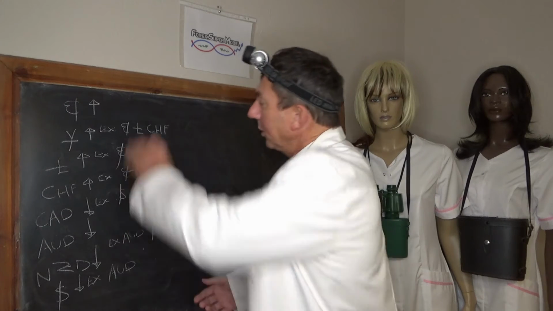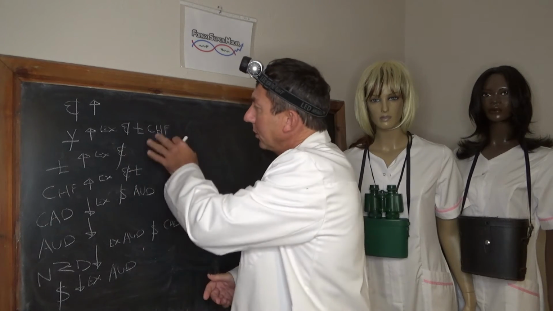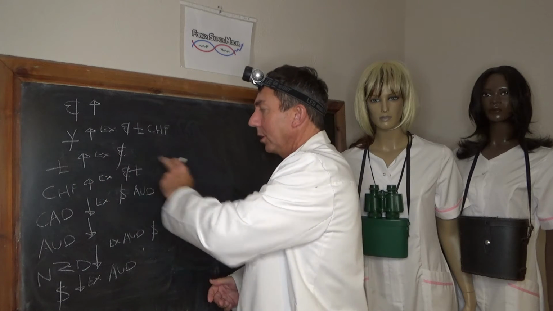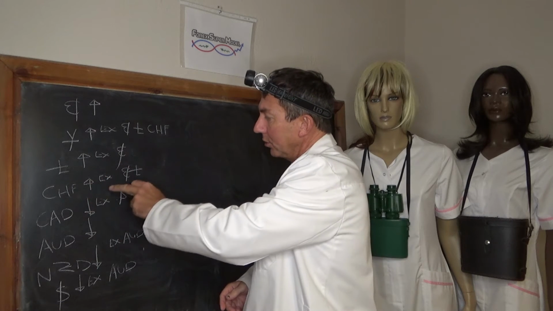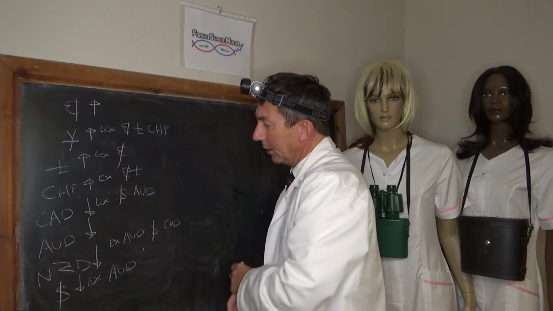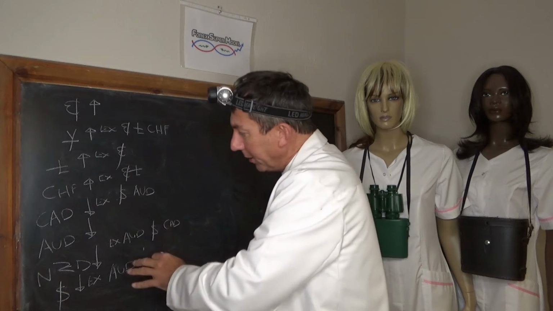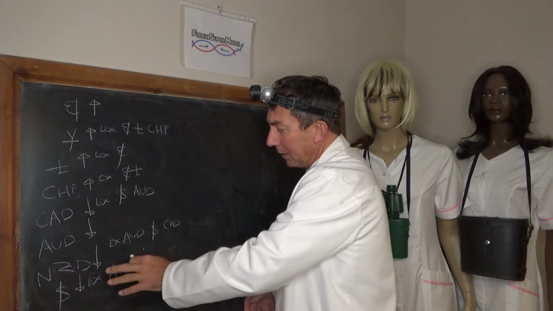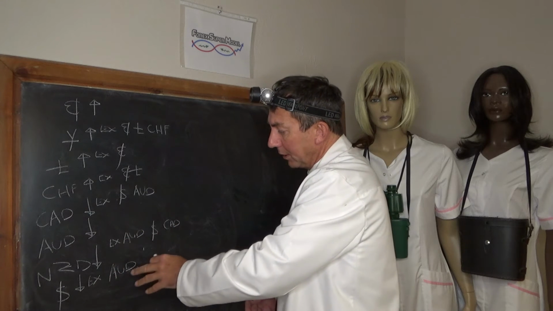We've written up the flows then. So the euro is strong across the board. The yen is strong except against the euro, the pound, and the Swiss. The pound is strong except against the euro. The Swiss is strong except against the euro and the pound. The CAD is weak except against the dollar and the AUD. The AUD is weak across the board. The NZD is weak except against the AUD, the dollar and the CAD. And the dollar is weak except against the AUD.